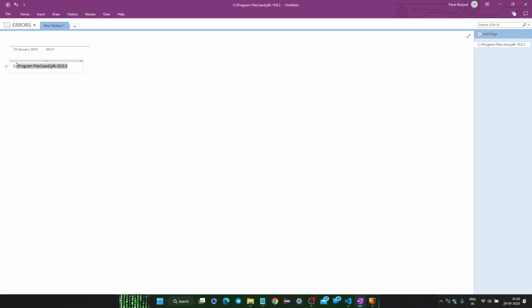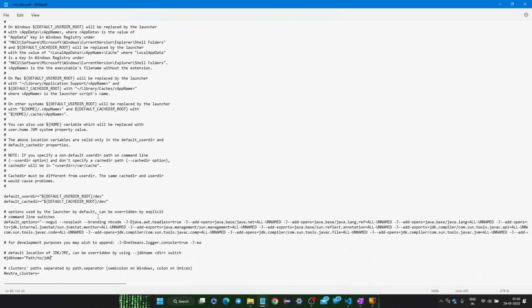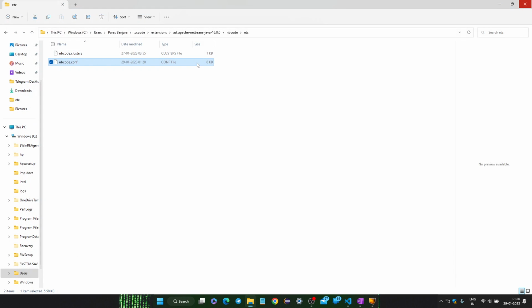So I'm copying this JDK path, Control C, then Control V. So now it is changed. Click on file, click on save. Then now it's saved. So close this tab, and after that